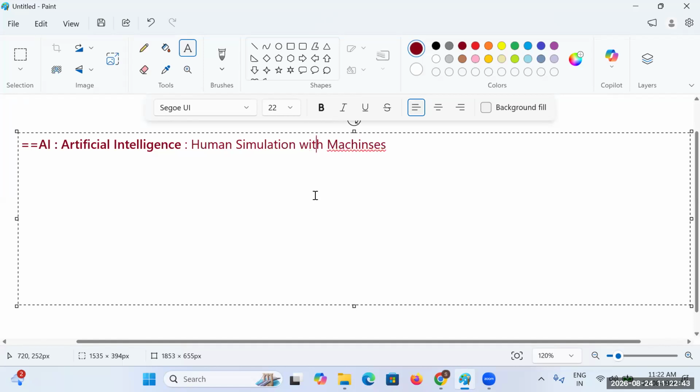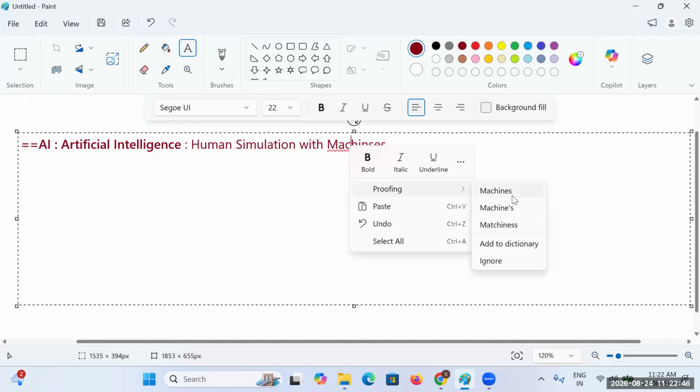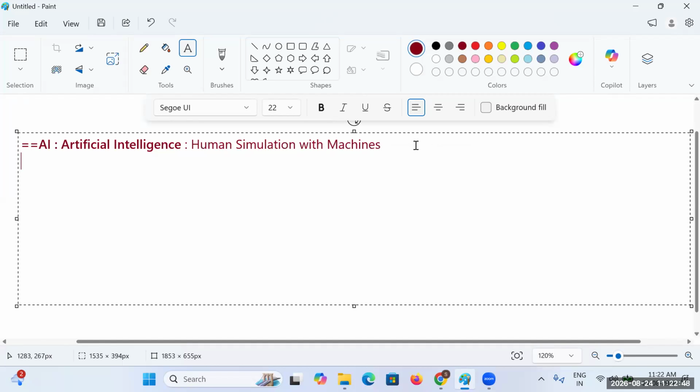See, the name itself clearly mentions human simulation with machines.